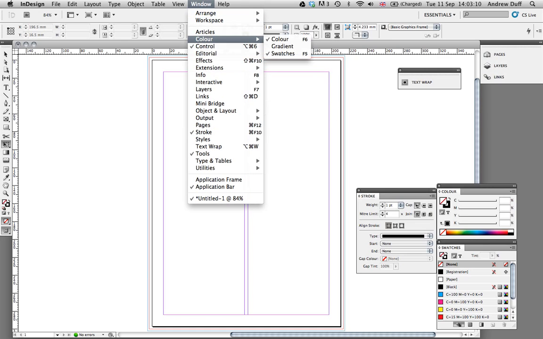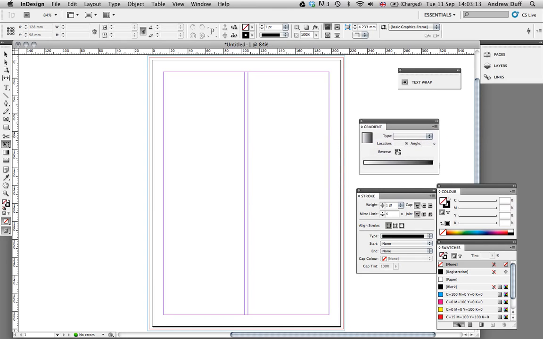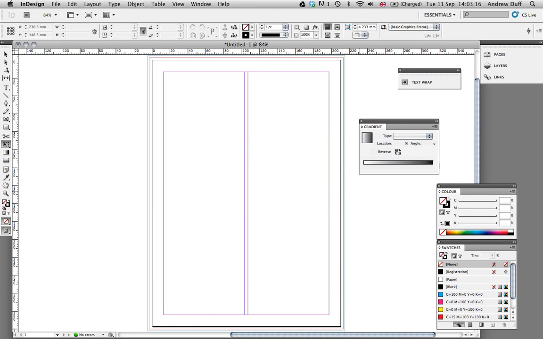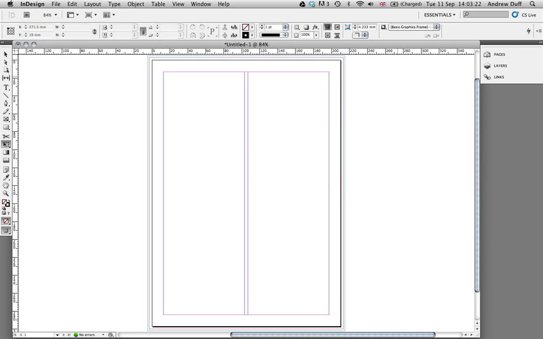Excuse me. What else? Color. Oh, let's get the gradient one open as well. Right. Okay, so these also can be closed with a little circle cross there. So all of these things will disappear. And what's not happening is that they're going back over here. They're just disappearing. Okay, so all of these things that I've just pulled from here and then closed have all